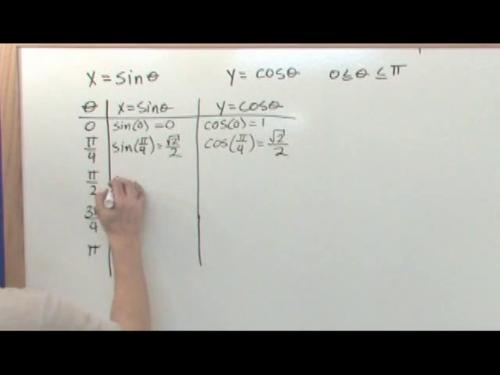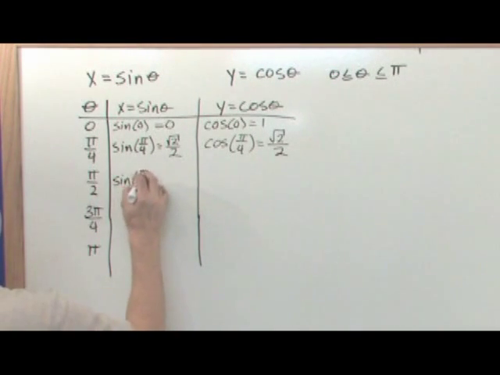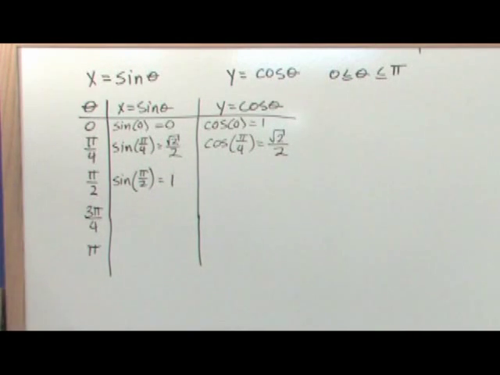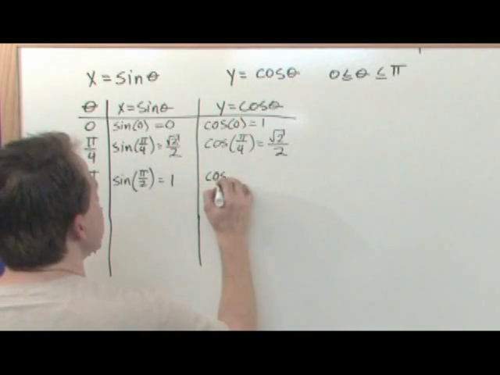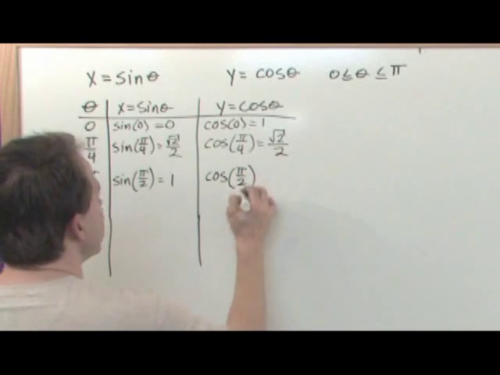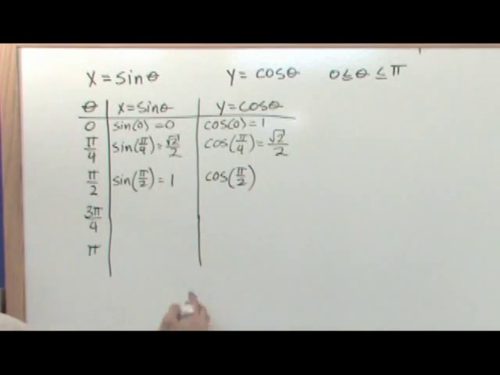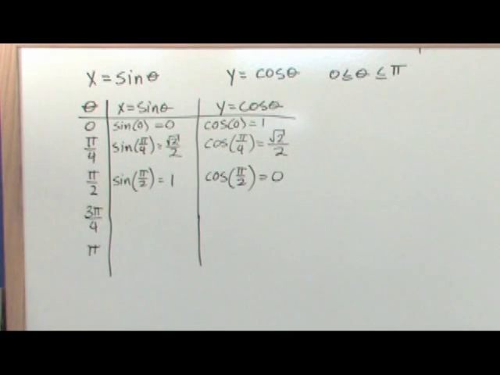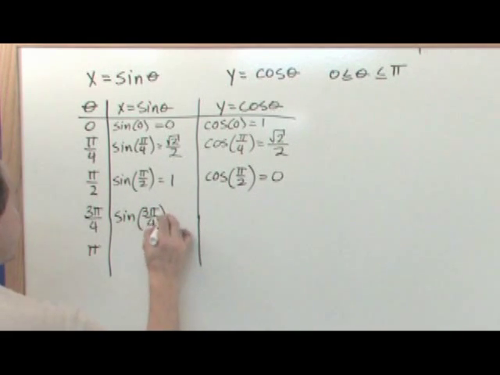Okay, now what's the sine of pi over 2? That's straight up and down pi over 2, so sine is equal to 1. And cosine of pi over 2 is cosine of here. There's no projection on the x-axis. So cosine of pi over 2 is 0. Okay? Now the sine of 3 pi over 4, okay,